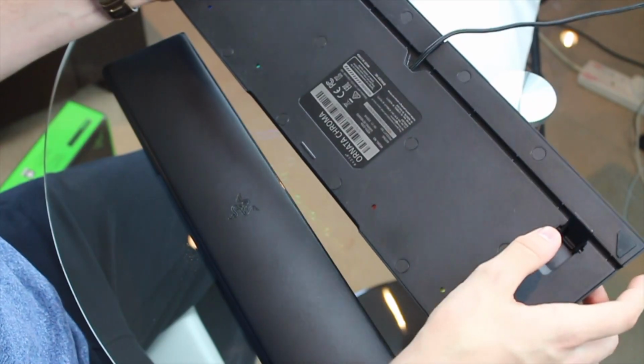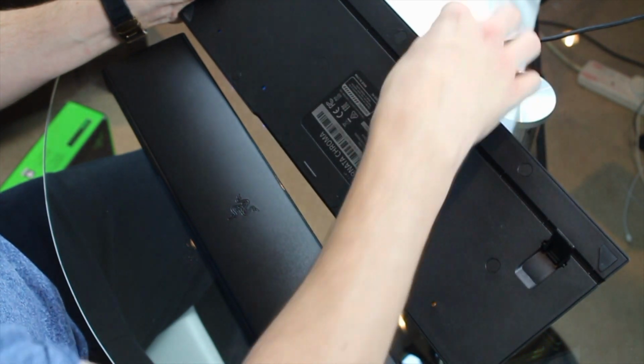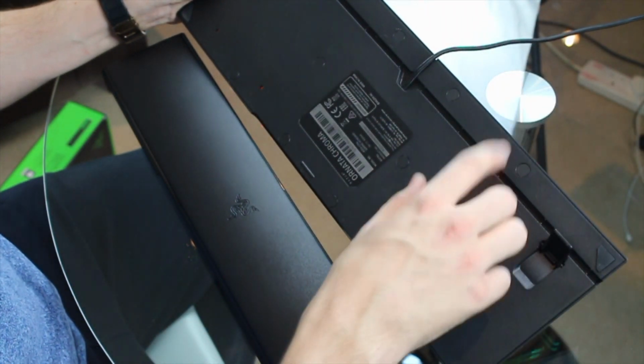So I really like that, because some only allow you to go through the top, and if you want it down by the side, it can get a bit messy as it trails down the top of the keyboard, but that's really nice. So before I forget, I'm going to just roll through some finer details taken straight from the